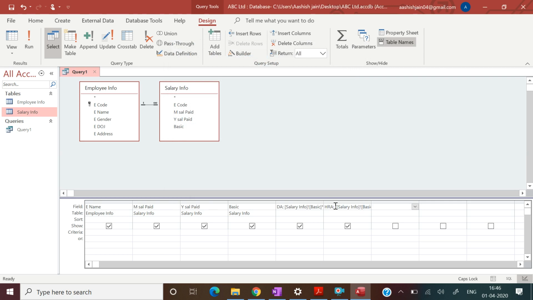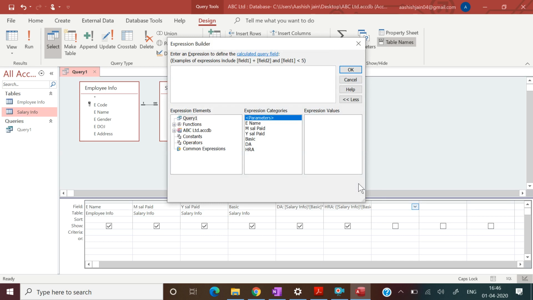Again you need to press Ctrl plus S to save this. Then create another expression builder for the gross salary. Build gross salary, which must be the summation of basic, DA and HRA.